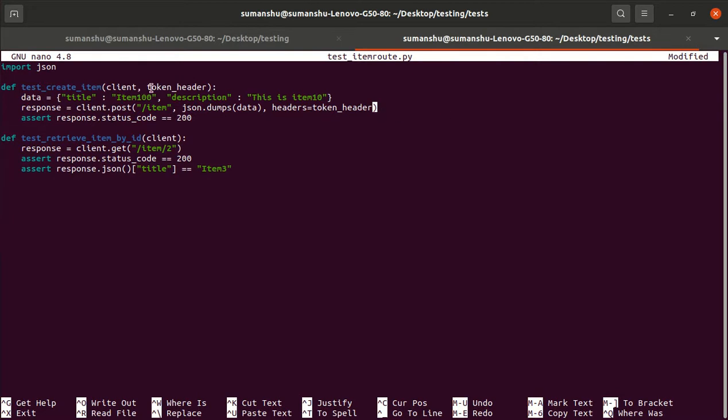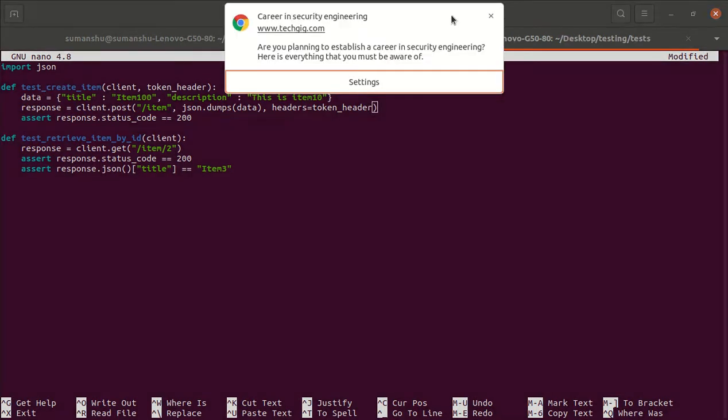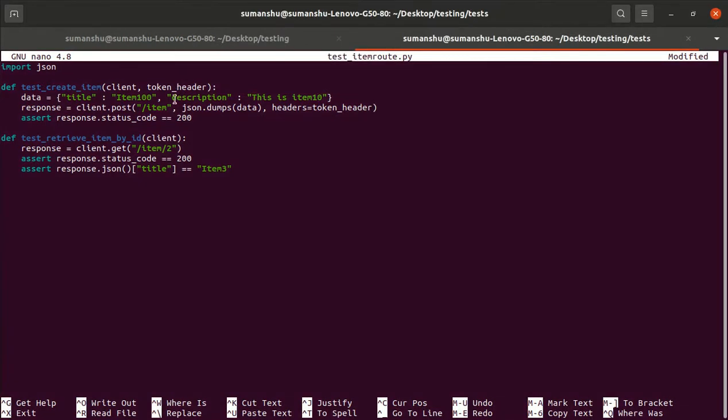So this token header we have to pass in so many test cases. When we did the create item test case, we had to pass this token header. When we write our post test case and delete test case, and maybe any other test case like a patch test case, we have to pass the token header. So wherever we want to do the authorization, we have to pass the token header.